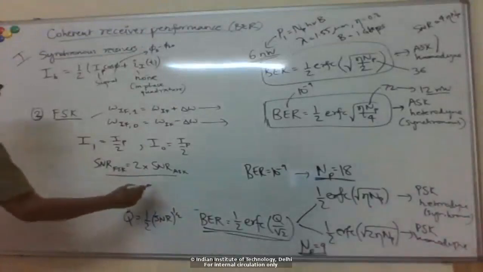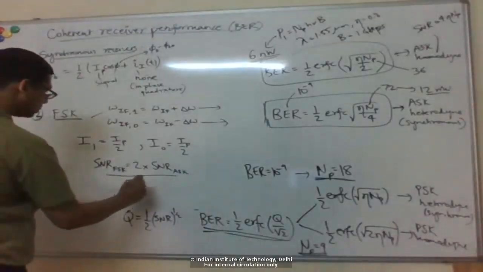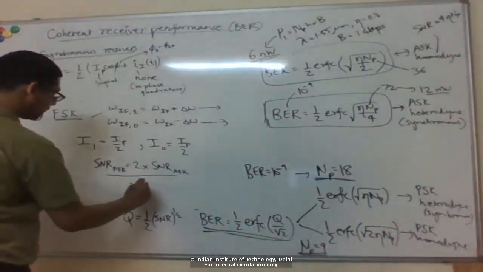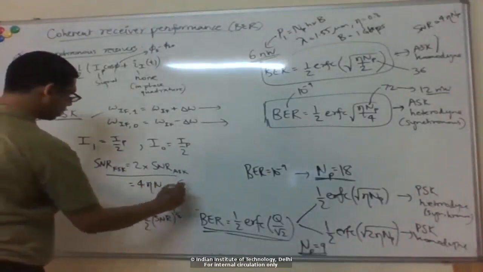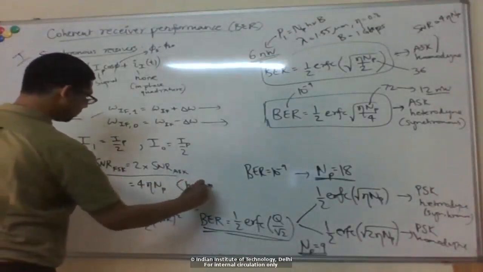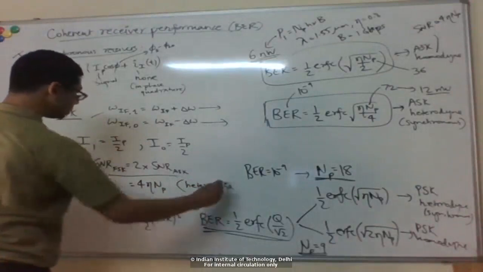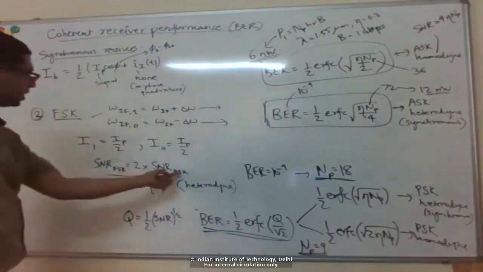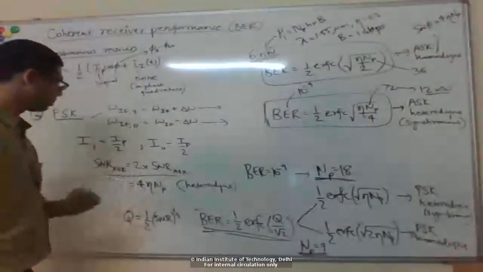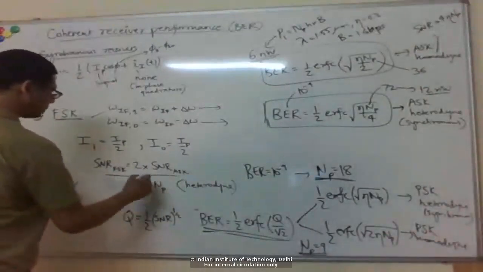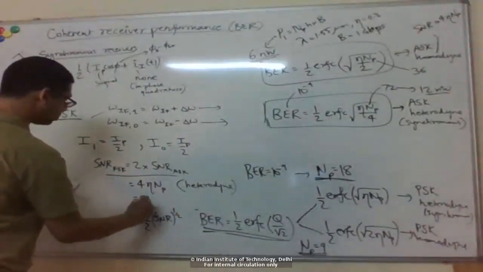And so basically, again, this will be 4 times the number of photons for heterodyne, because for ASK we had 2 times, multiplied by 2 will be 4 times, and it will be 2 times 4 or 8 times for the